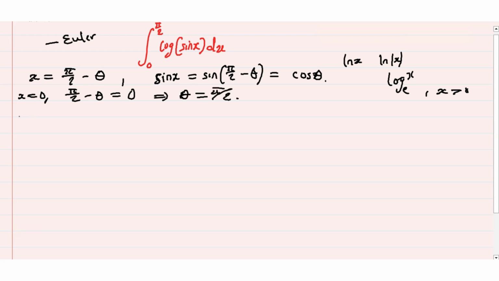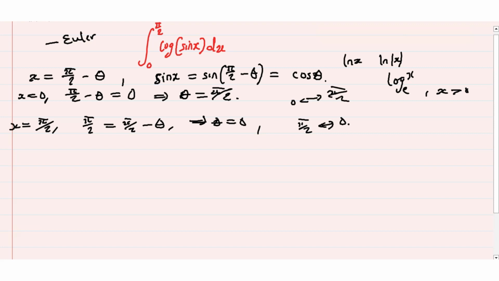Now what about the case where x is equal to pi over 2? This is the case where pi over 2 equals pi over 2 minus theta. So this gives us theta equals 0. So theta runs from pi over 2 to 0, whereas x goes from 0 to pi over 2. That is the difference between them. But what about dx? dx will be negative d theta, because pi over 2 is just a constant. So our integral, let's call it I,